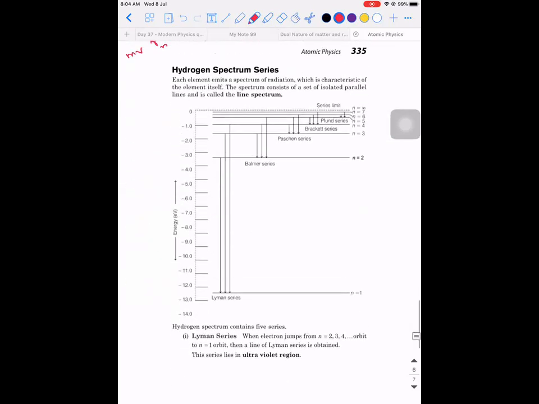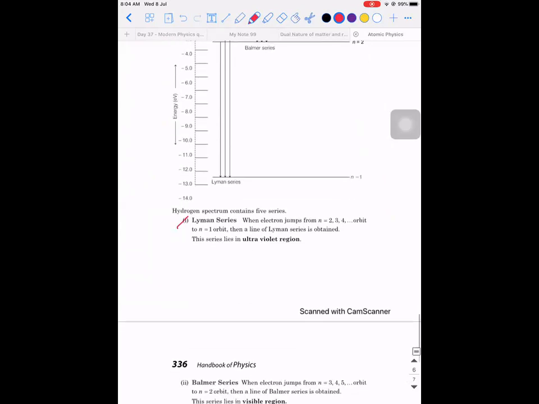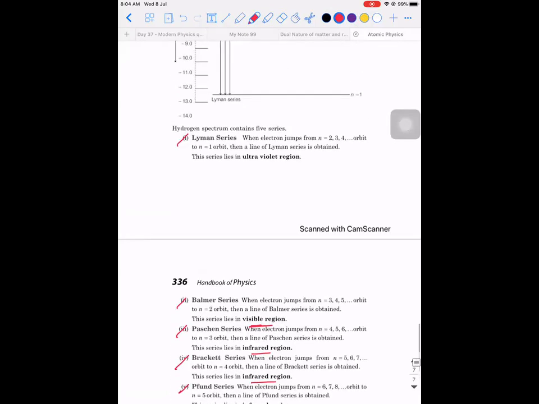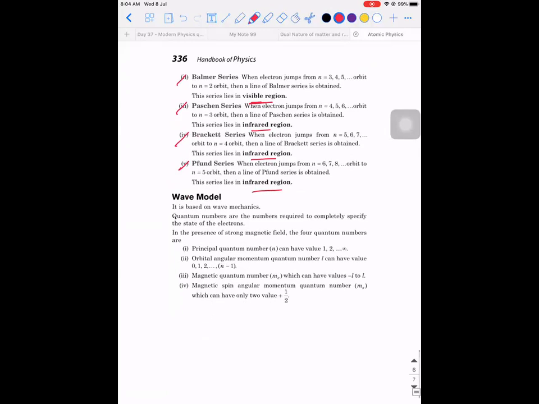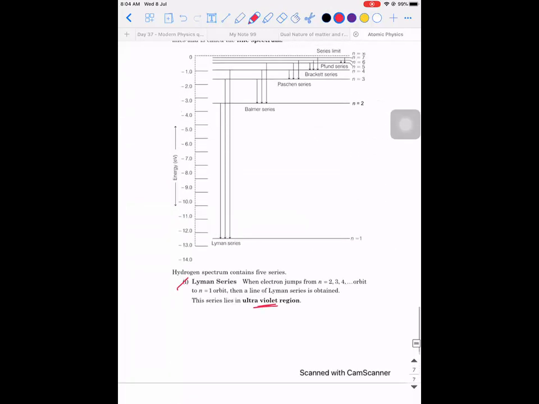Okay. Hydrogen spectrum series also you guys know, there is nothing much for me to teach. Lyman series, Balmer series, Paschen, Brackett and Pfund. You have to memorize the regions in which the electromagnetic radiations will be produced. These are all the concepts based on which the questions are asked.